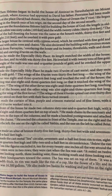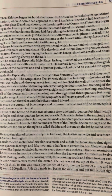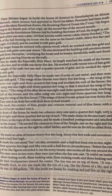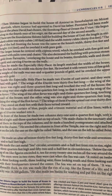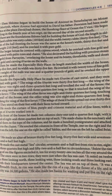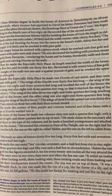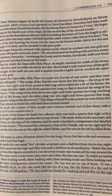The wings of these cheruvim spread out over 35 feet. They stood on their feet with their faces turned inward. He made the curtain of blue, purple, and crimson material and of fine linen, with a design of cheruvim worked into it. In front of the house he made 2 columns, 61¼ feet high, with a capital of 8¾ feet